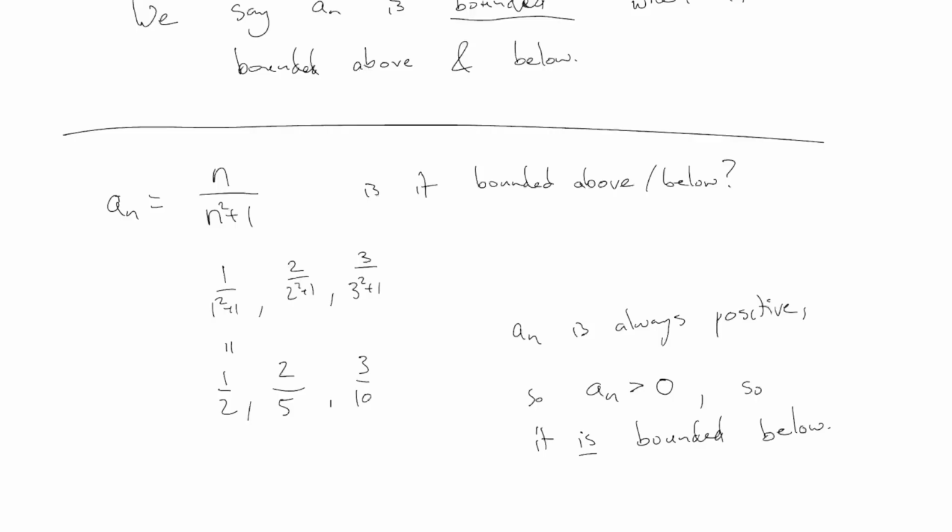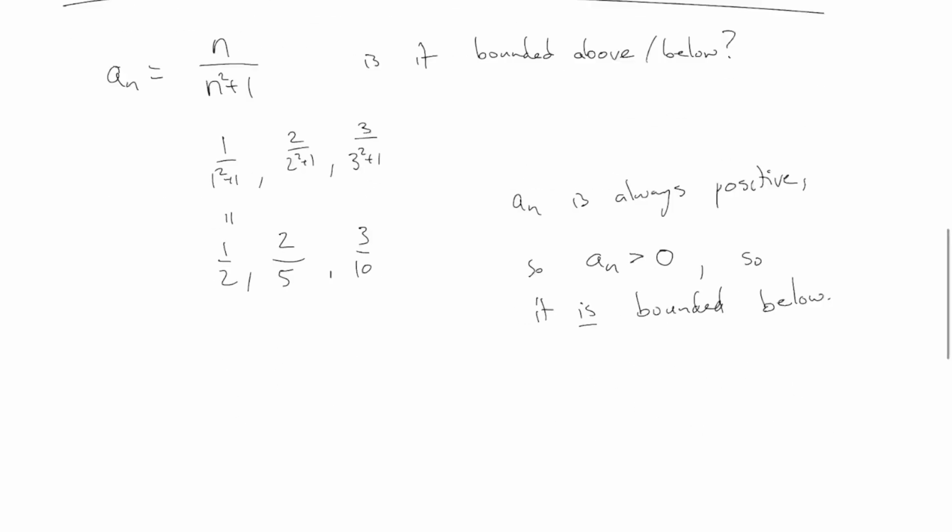It's because the power in the denominator is higher than the power in the numerator. Yes, I think this is why. It's a fraction where the bottom is bigger than the top, right? On top I have just n, on the bottom I have n squared plus 1, and n squared is bigger than n, right? Because I'm talking about a sequence, that means n is 1, 2, 3, 4, etc. N squared is always bigger than n, and so therefore n squared plus 1 is always bigger than n. This is a fraction in which the denominator is bigger than the numerator. That means it's always less than 1.